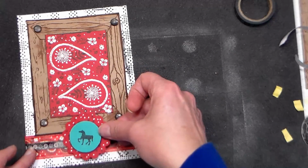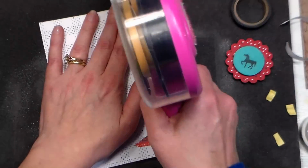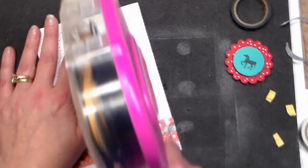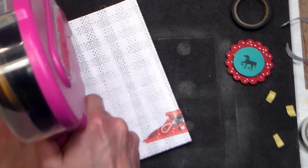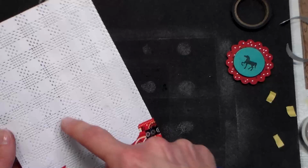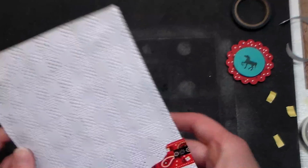All right, let's pop that. Actually, let's hold on a second. Let's glue this onto our card base before we put that really dimensional element on. I am going to just use a lot of the ATG adhesive for this card base, but I'm putting it on the rows that have all of the flat area, so that it will have, see how there's all those flat squares? I'm making sure that's where my adhesive goes, so that there'll be a lot of area for it to bond